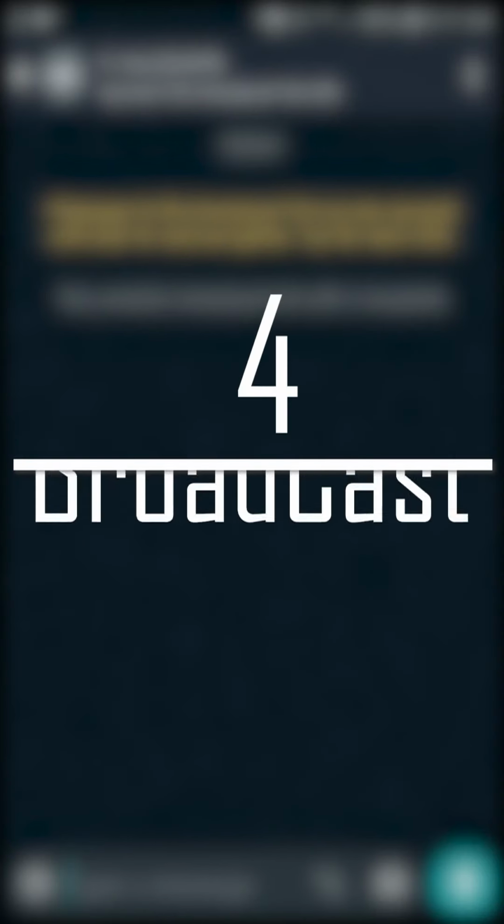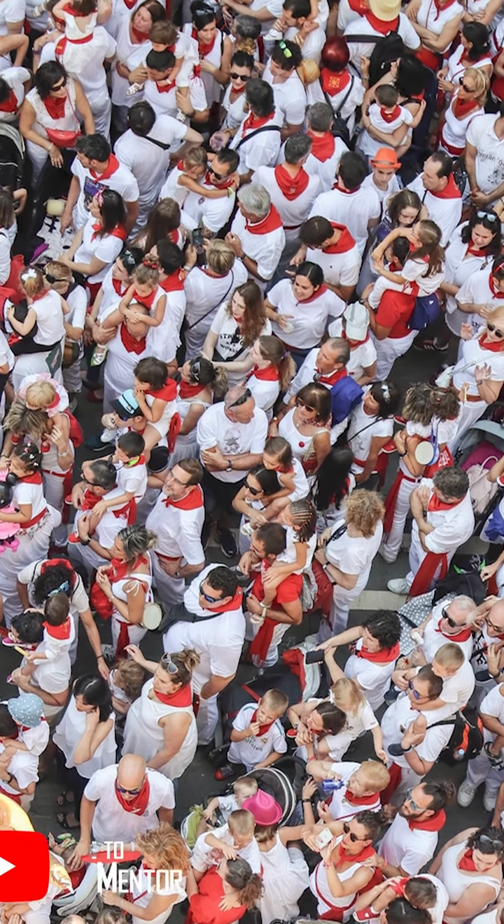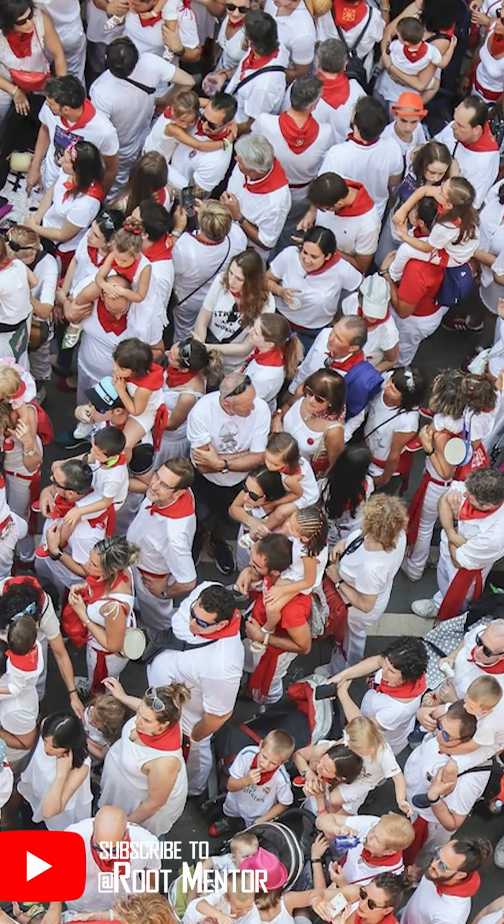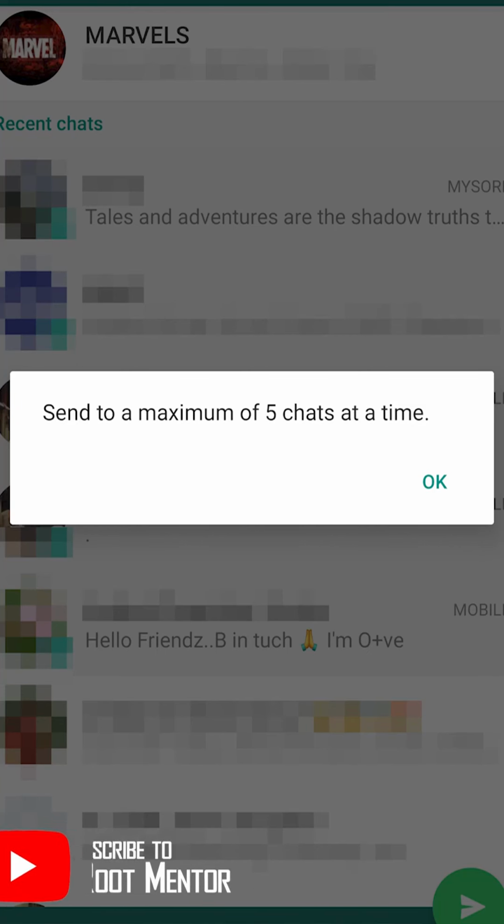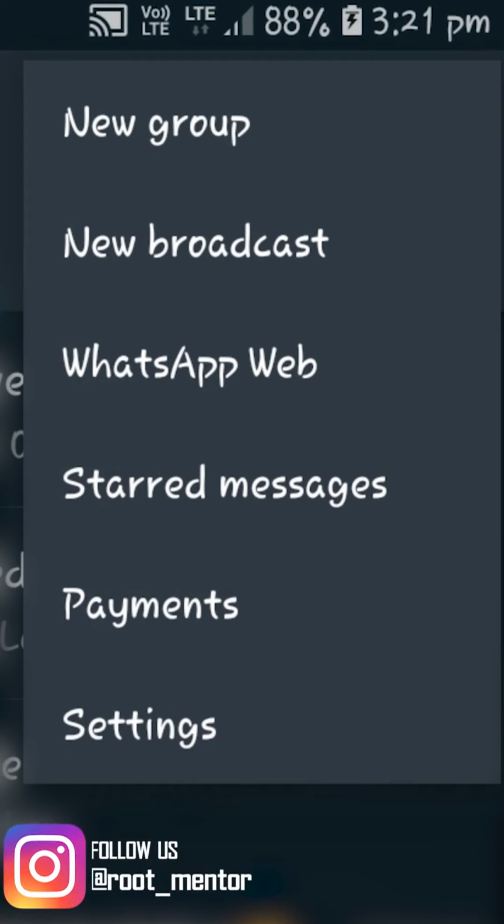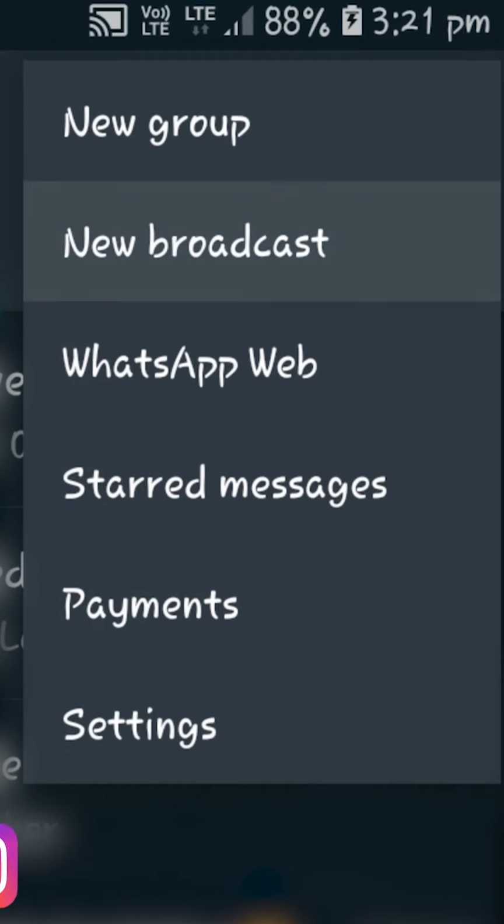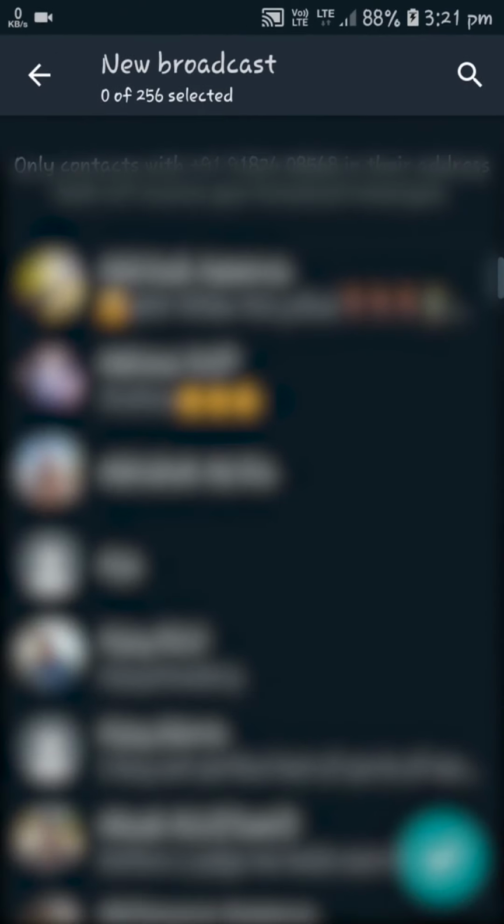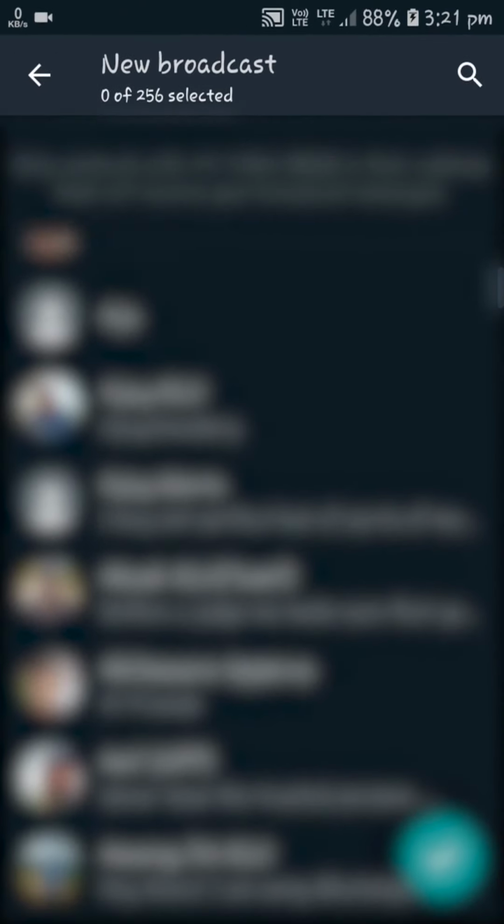4. Broadcast. When you want to send fixed message to members more than 5, forward fails. To send single message to many members, open your chats, click on the 3 dots at the top right corner. From the drop down below, click on the new broadcast. Now select the members you want to send the message,